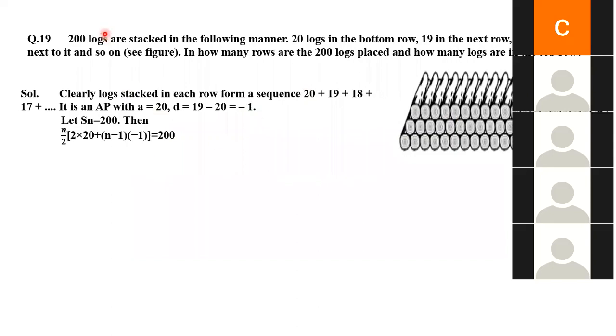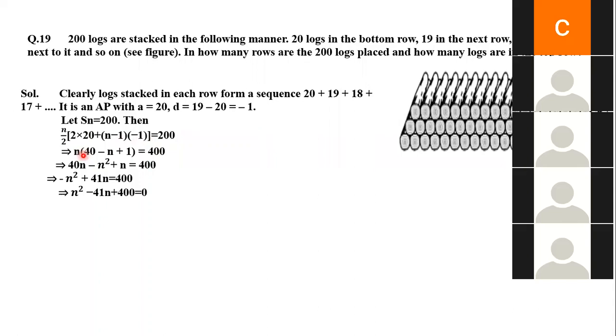So we know there are 20 logs, and S_n value is 200. Now find out the n value, children. Take it in reverse order, because they gave 20, 19, 18. Ma'am, n value is 16. Yes, 16 and 25, this 2 I cross multiply. So it becomes 400. Inside the bracket, 2 twenties are 40, minus 1 into n is minus n, minus into minus is plus n.